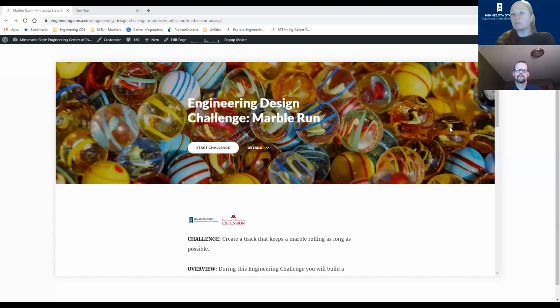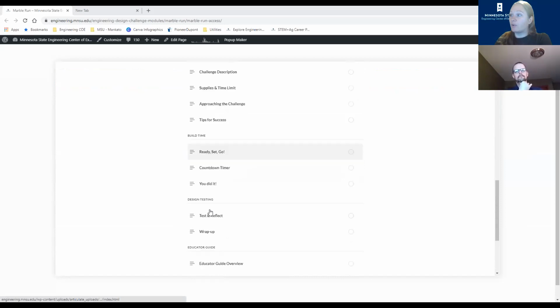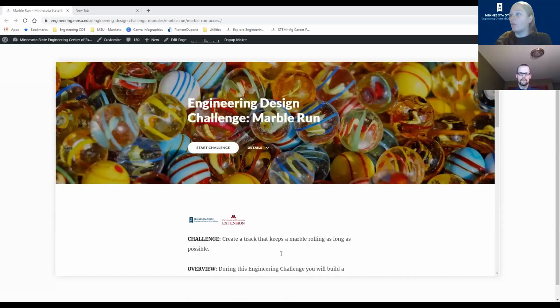All right, so there's an easy 3-step process to get access to these on our website. You simply fill out a name and email form, and then you're emailed a link with a passcode. Click on the link, enter the passcode, and then you're directed to the site to access the specific module that you are interested in. At the start of the module, you get an overview and an outline of the different components, and a little bit of overview of what I've already provided about who's appropriate for what settings. So if you just start your challenge,